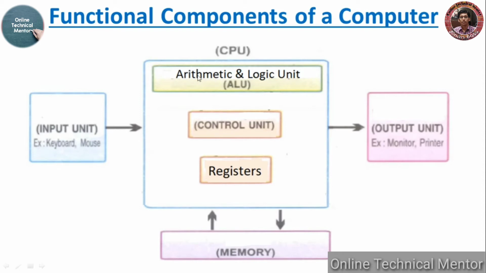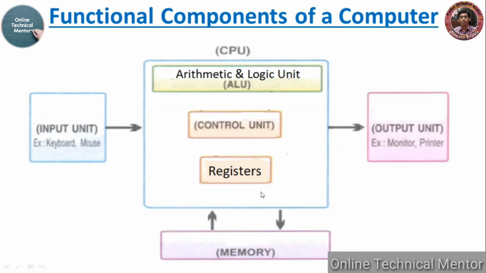So now, what is the arithmetic and logic unit? As the name signifies, it performs arithmetic and logic operations. It can perform four basic arithmetic operations such as addition, subtraction, multiplication, division. But it follows binary arithmetic. Next, control unit. The control unit of the CPU contains circuitry that uses electrical signals to direct the entire computer system to carry out or execute stored program instructions. It also directs other parts of the system by communicating with both the arithmetic logic unit and memory.